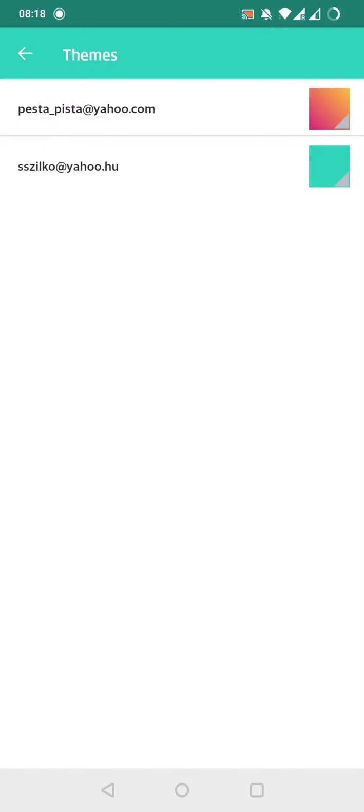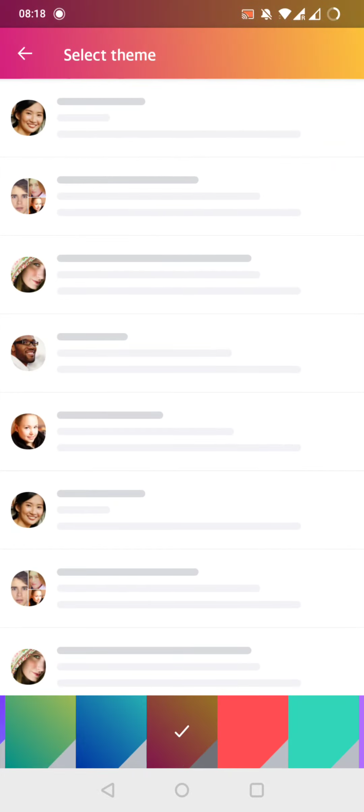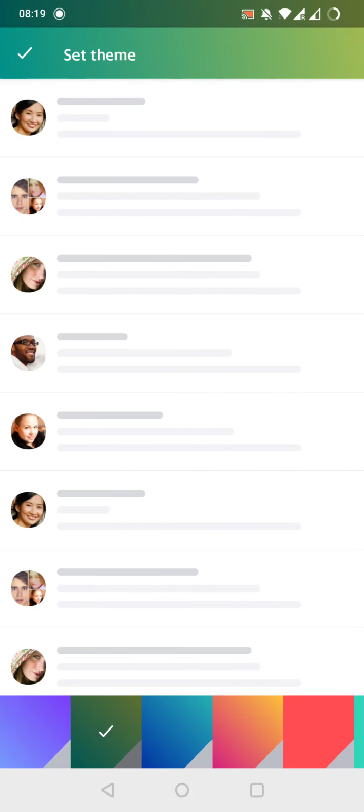And here we can change the theme for each email profile. So here we can tap on the colored rectangle and open this, and here we can change by tapping on the bottom of